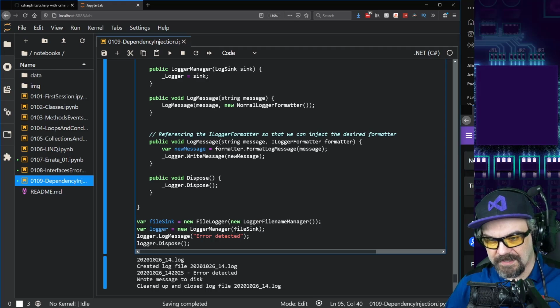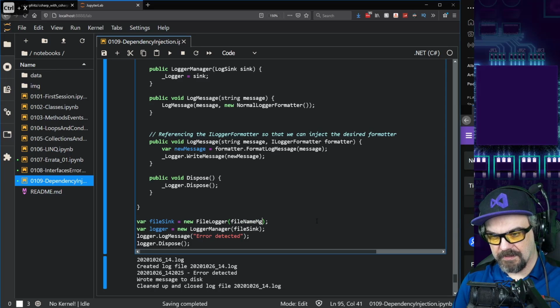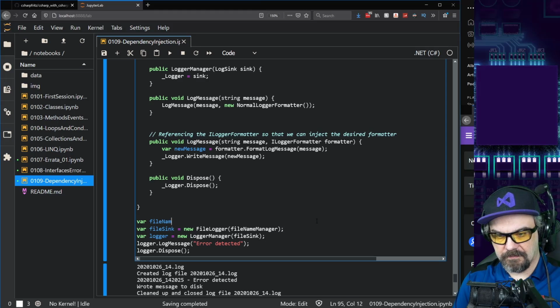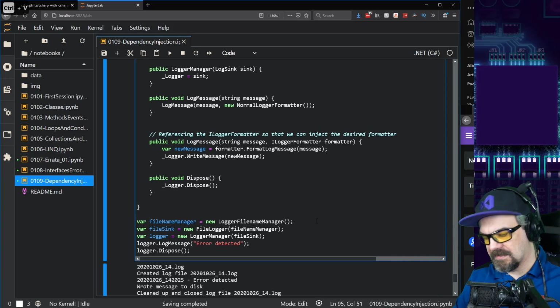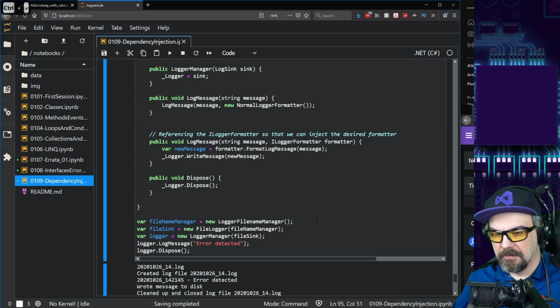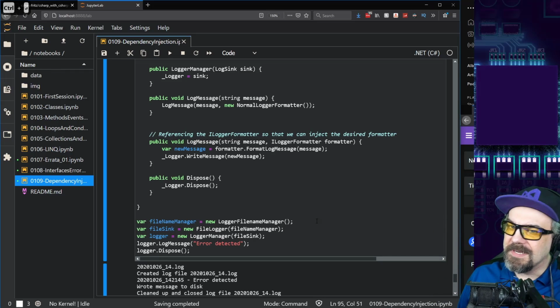Right, so I'm passing that in. Well, I can also break this out and call this file name manager, and var file name manager equals that. And that's nice. That looks a little bit easier for me to process as a human reading this. But now